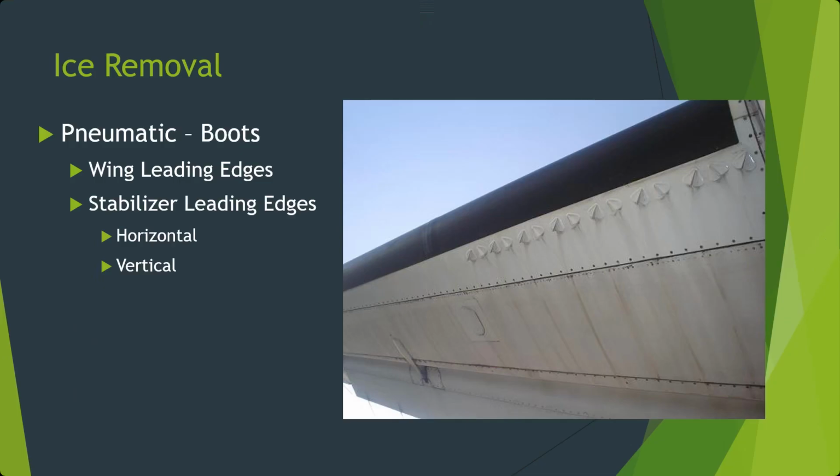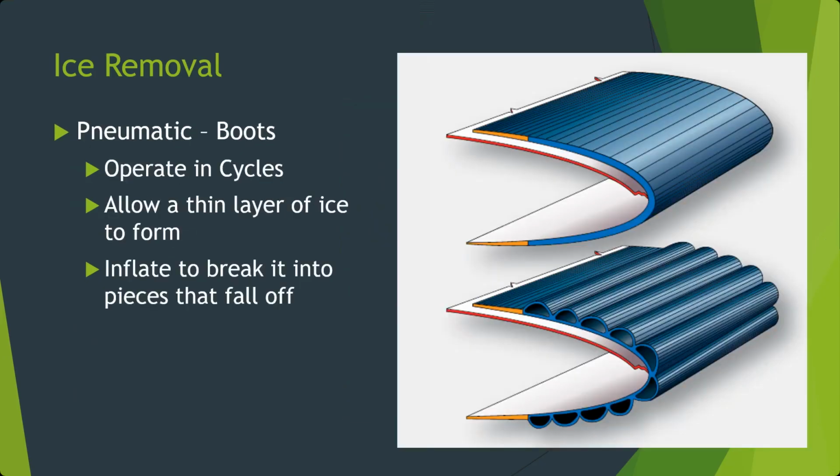And so these can be on the horizontal surfaces, they can be on the vertical, on the rudder or the vertical stabilizer as well, leading edges. And the way these operate is they operate in cycles. So most of the time there's actually a vacuum applied. So they do both a vacuum and pressure. A vacuum is applied to keep them pulled down tight and smooth along the surface to allow a good airflow. But then if the aircraft's in icing conditions, a thin layer of ice will